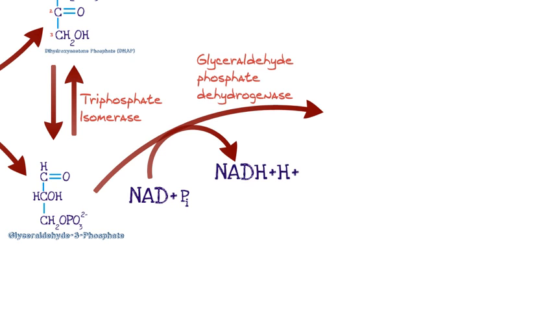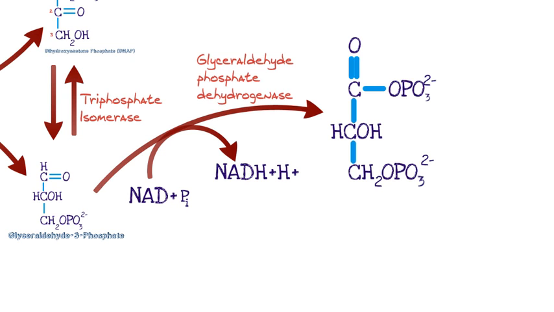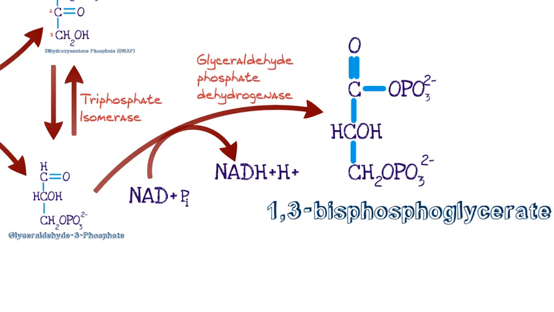The NAD picks up hydrogen ions and the phosphate group is donated. In this process, we produce 1,3-bisphosphoglycerate, otherwise known as 1,3-BPG. This molecule is so important, not only for glycolysis, but 1,3-BPG is a precursor to